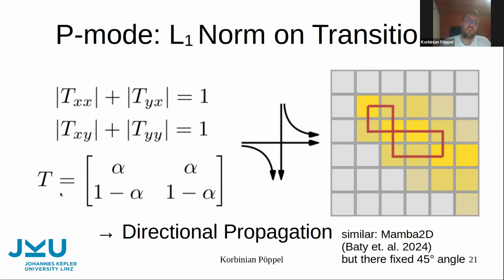And if we look at how this propagation works on a graph level, it is actually that the transitions form the adjacency matrix of the line graph, and the